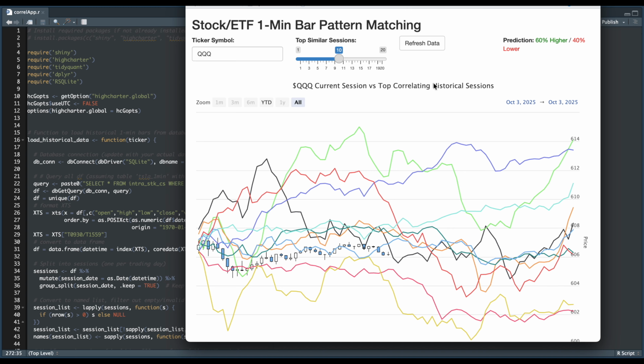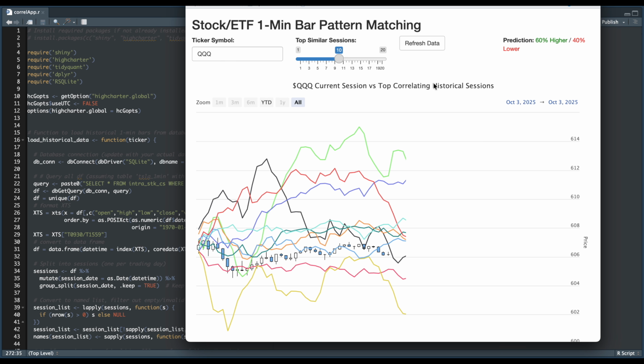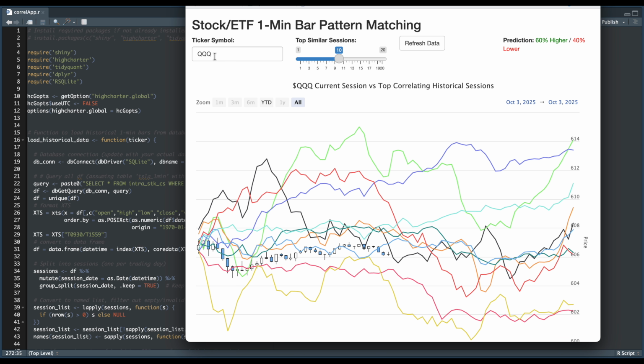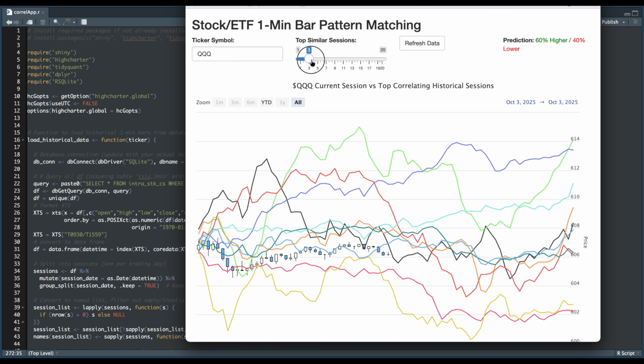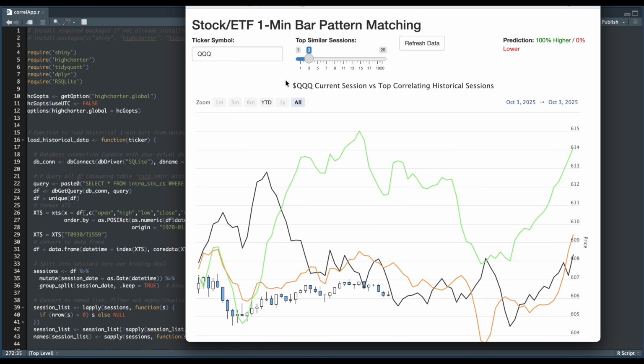The first is historical data for prior sessions, and the second is access to an API that gives us the 1-minute data. Now we can just enter a symbol and it's going to load up the historical sessions along with the real-time data. And then we have a scroll bar, so we can plot historical sessions and we can go from 1 to 20. So if we click on 3, it's just going to plot 3 additional lines that have the highest correlation